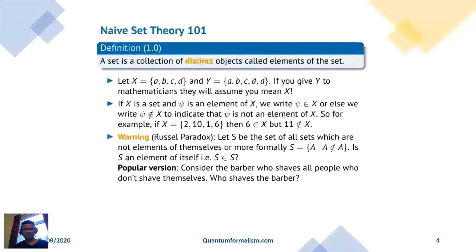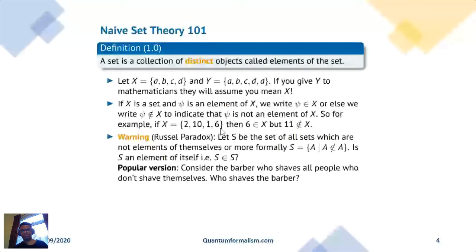I added it now just to help people, especially those who are not coming from a physics or maths background, become familiar with the psi notation. For the next few lectures, until we add the vector space structure, psi is just an element of a set, really. So we write this if psi is an element of X, and we say psi belongs to X. Otherwise, we write this to indicate psi is not an element, or psi doesn't belong to X. Here is an example.